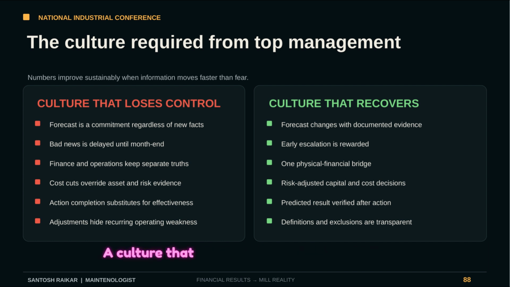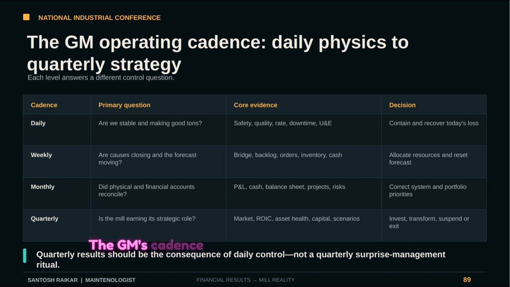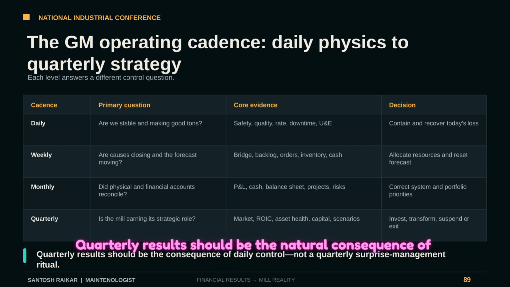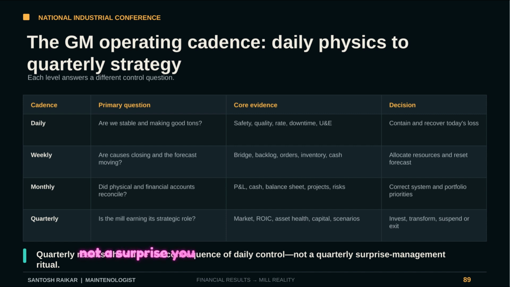A culture that loses control fears bad news and treats forecasts as rigid commitments. A culture that recovers rewards early escalation and insists on one physical financial bridge. The GM's cadence moves from daily physics: Are we making good tons today? To quarterly strategy. Quarterly results should be the natural consequence of daily control, not a surprise you have to manage